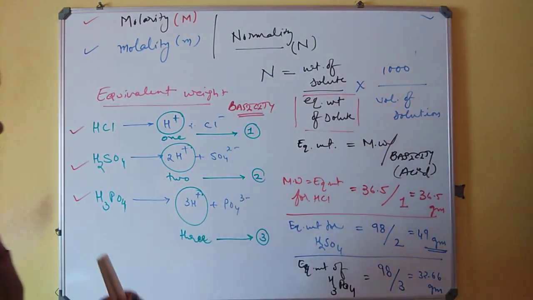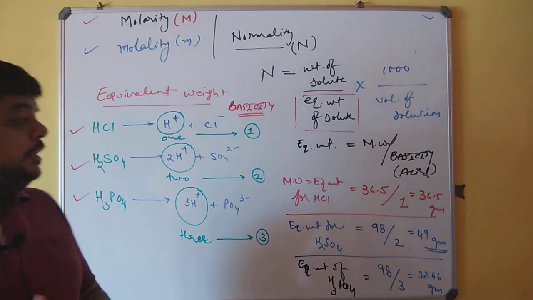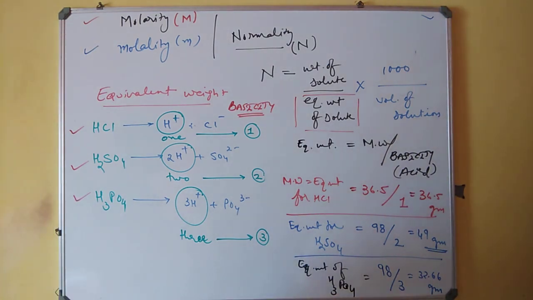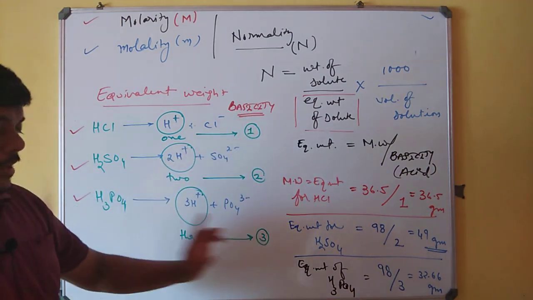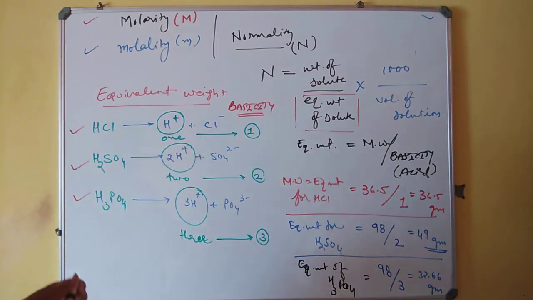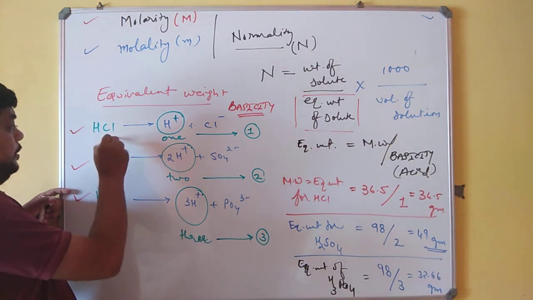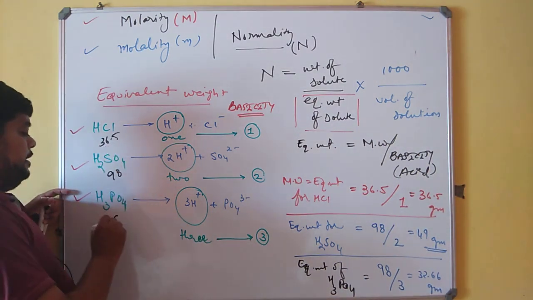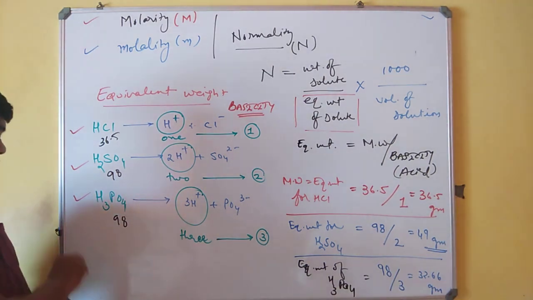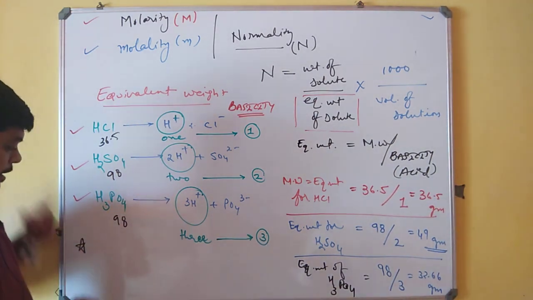32.66 grams. So friends, this is how we can come up with the values of equivalent weight, predicting them by getting the basicity values for acids and by knowing the molecular weight values respectively for HCl to be 36.5, 98 and 98. Over here there is a star question, meaning something that is exceptional, and that is